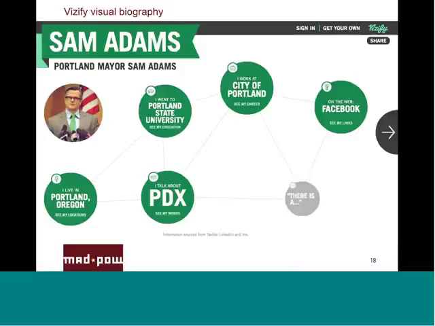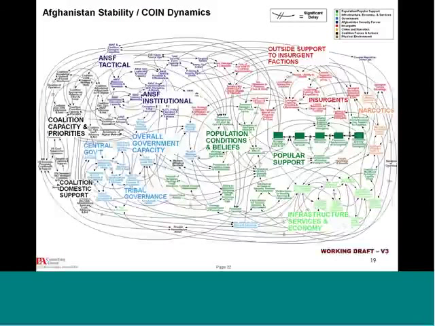These types of linked node diagrams can be used for real simple interactions. This is a new product that launched recently, Visify, which is a website for creating visual biographies. Here, the points, the nodes themselves represent types of information, and the lines that connect them are actually rather arbitrary. But they do give an interesting feel and an interesting kind of interaction. What you need to be careful of, though, is